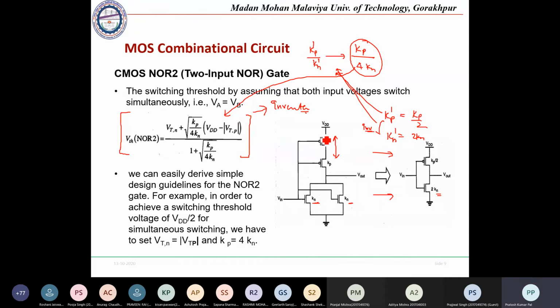What we are basically doing is simplifying our analysis: a complex circuit is converted into an equivalent inverter, and the only difference in implementing will be with respect to their transconductance value. Once we have found the transconductance value of the previous complex circuit, it is converted into the inverter with the equivalent transconductance parameter. This parameter can be used to define different critical voltages of an inverter. That critical voltage for the inverter will be equivalent to the critical voltage for a NOR gate or NAND gate, whatever complex circuit we are analyzing.